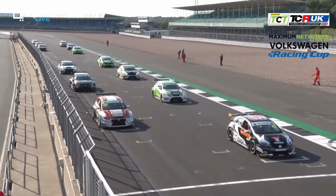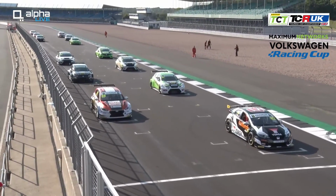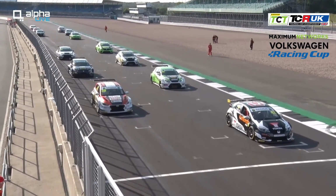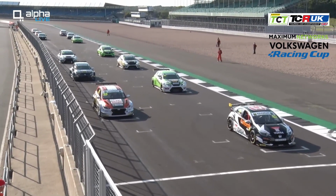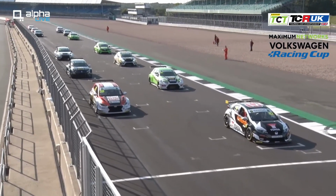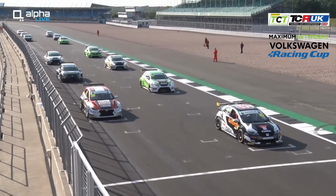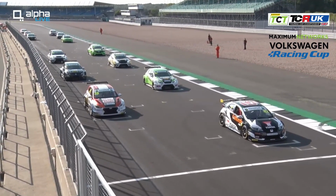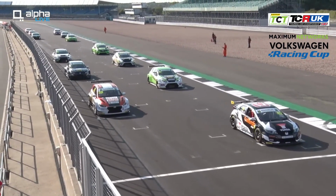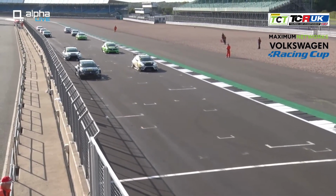No, it should be interesting. And I always find it fascinating how the ex NGTC British touring car is able to stack up against these TCR cars. And I guess the balance of it means that they can perform pretty well. What I think this is hopefully doing for Henry is giving him experience in an NGTC car, because I would like to think that eventually at some point going forwards, he will find himself in the British Touring Car Championship, I would imagine. And so these couple of years at the wheel of one of his father's ex touring cars is giving him valuable race experience, which if he was trying to do that in the British Touring Car Championship,